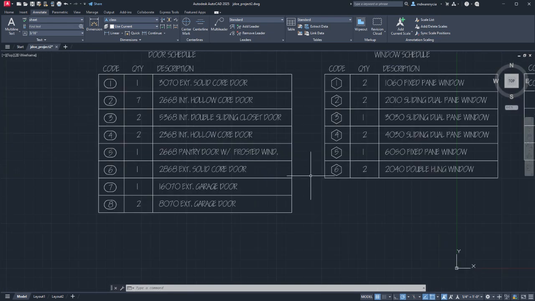You can use any symbol you want. I really don't care which one you use, just as long as, again, you understand that these tags use a different symbol. So I'm using this little rounded rectangle shape for my doors, and I'm using the hexagon for my windows. You could even do, oh,